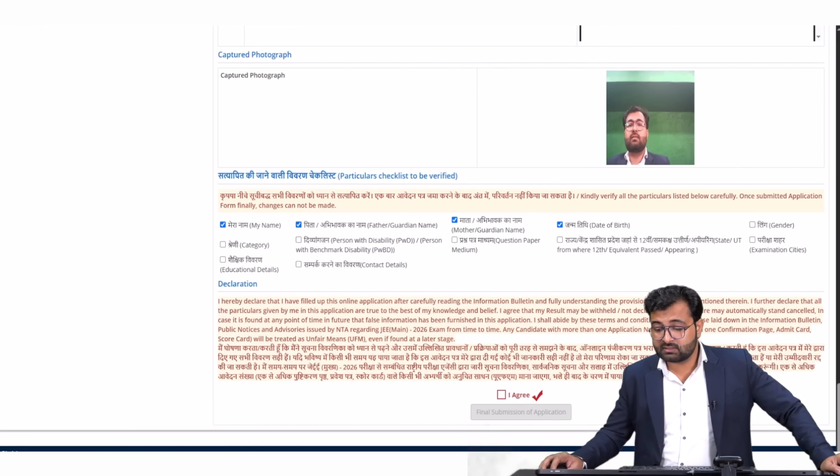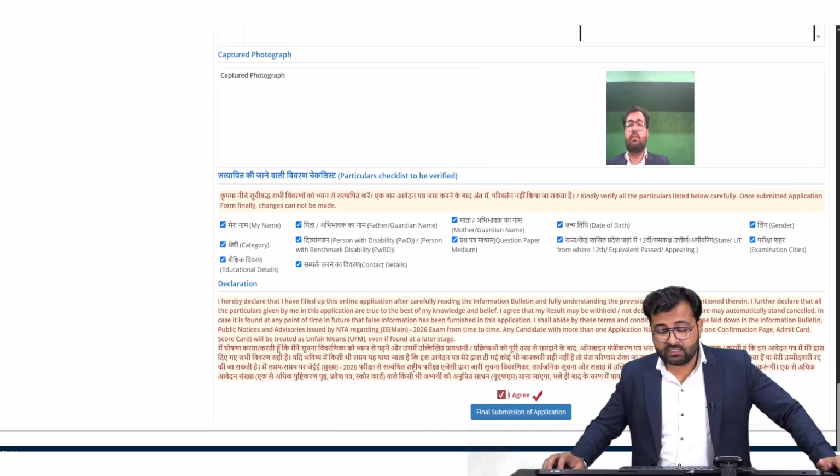DOB, checked. Gender, checked. Category, checked. PWD certificate and all, checked. Question paper medium, checked. The state or UT from where you passed or are appearing in 12th class, checked. Examination cities are also checked. Educational details, checked. And contact details are also checked, and all the information is correct.